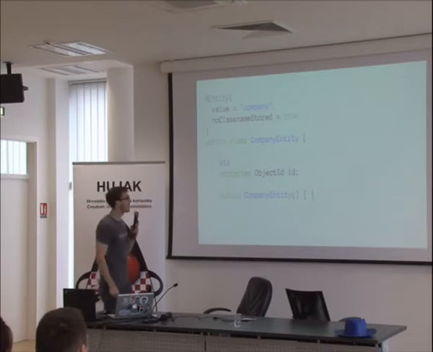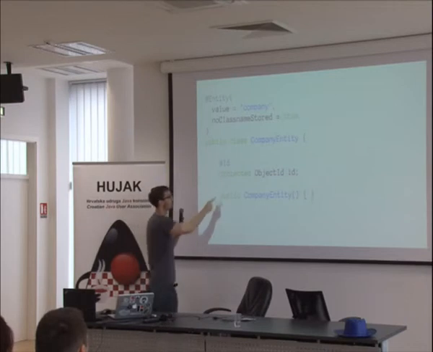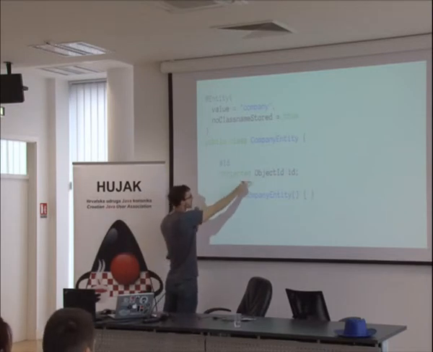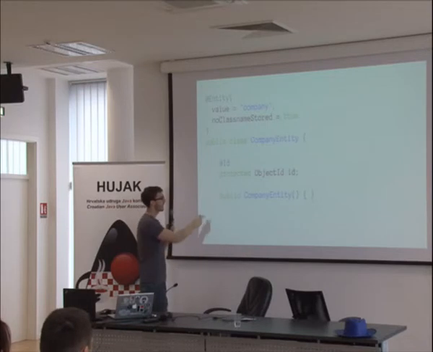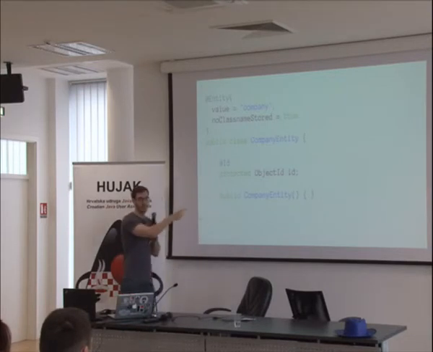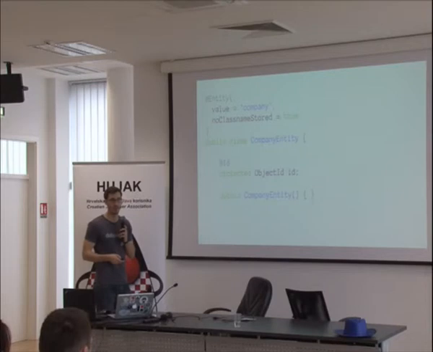And then we say it has an ID, which we define as an ObjectId, and annotate with @Id. And we need a no-arg default constructor to create the object, and that's the easiest way to create an entity